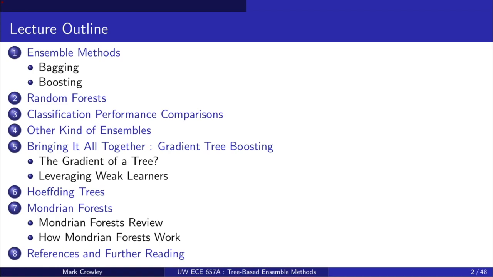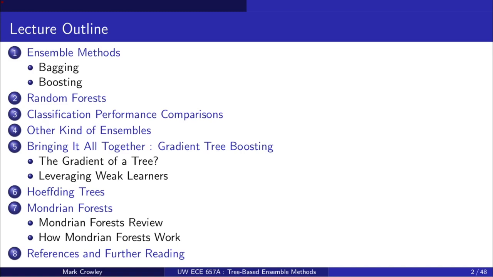So yesterday we talked about decision trees, and today we're going to keep going, but asking, what if we had more than one tree, or how do we improve the performance of these? So we're going to go through a bunch of these different methods, basically to deal with what we call ensembles